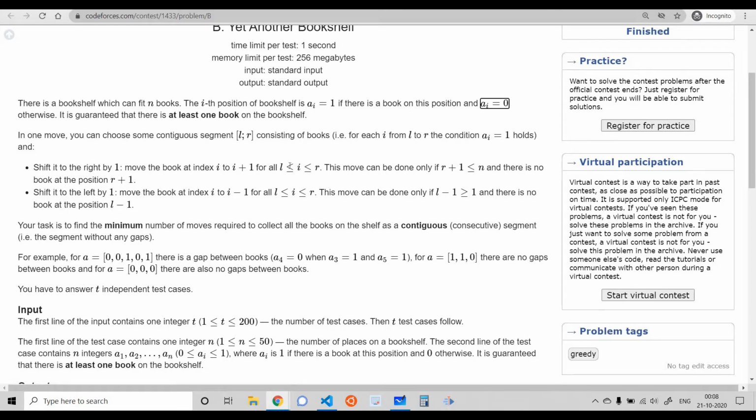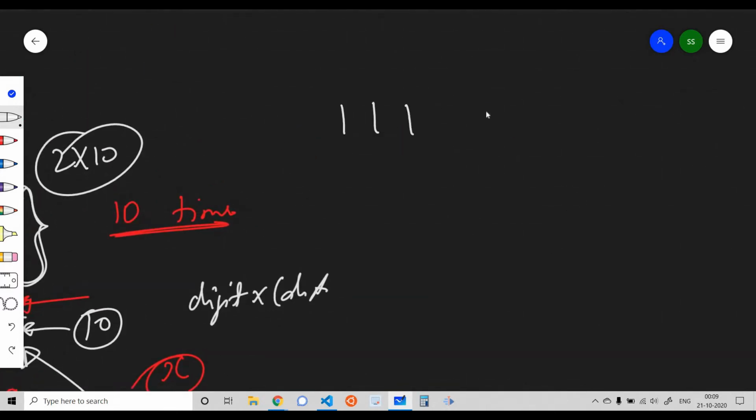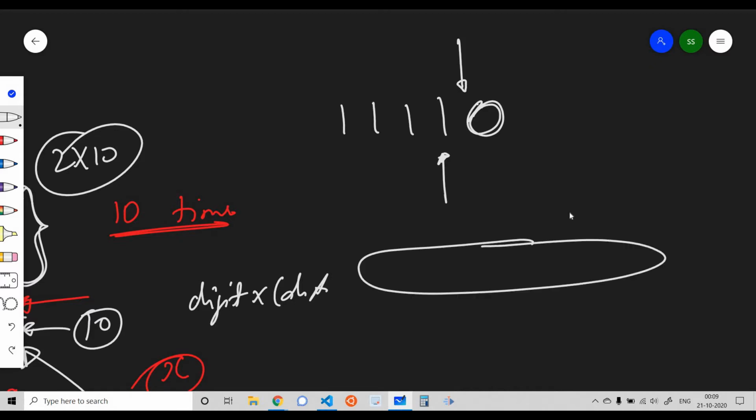Suppose we have a continuous block of ones, where the range starts from index L and ends at index R. We can move that whole range one to the right side if the element just to the right of it is 0, and obviously we have some space on the right side of that particular element. That is, if we are moving a consecutive block of ones, it should have a 0 on the right side of it. Yeah, this is the necessary condition. The rightmost one cannot be the last element of our bookshelf, otherwise we cannot shift it to the right.